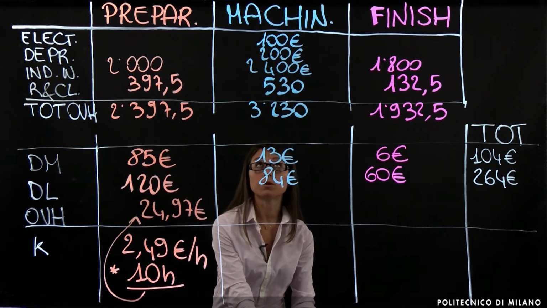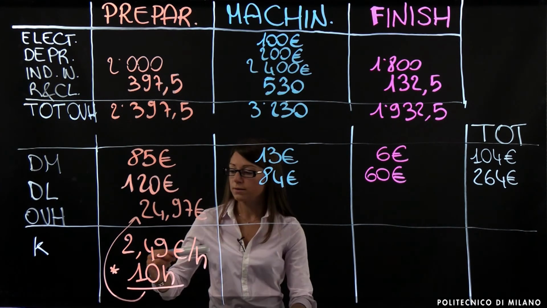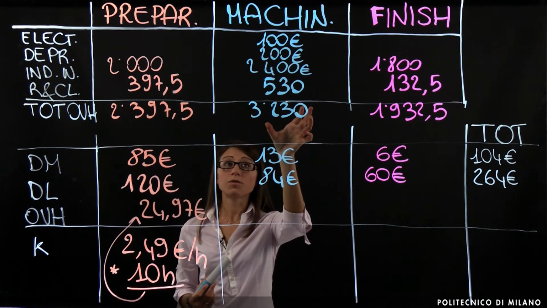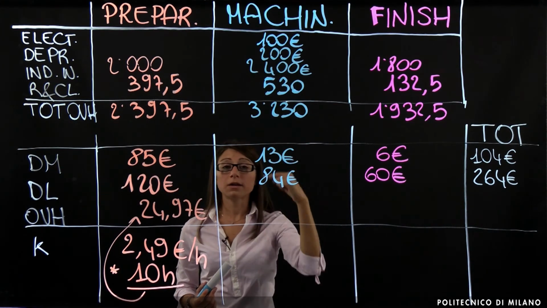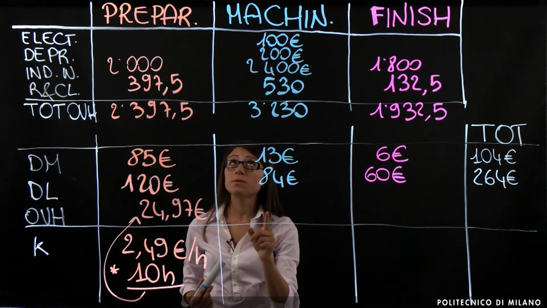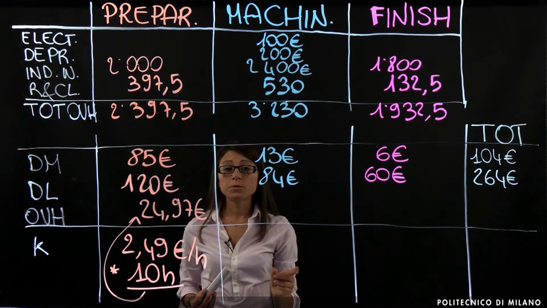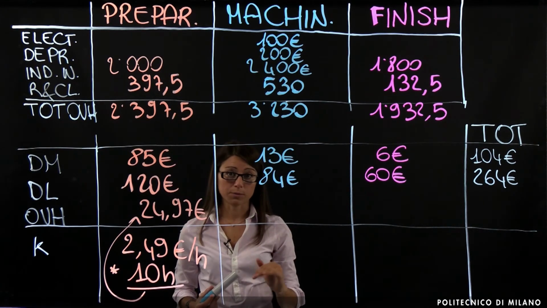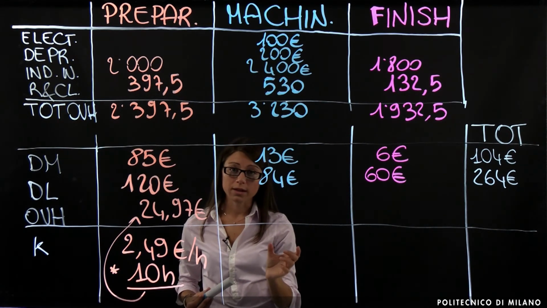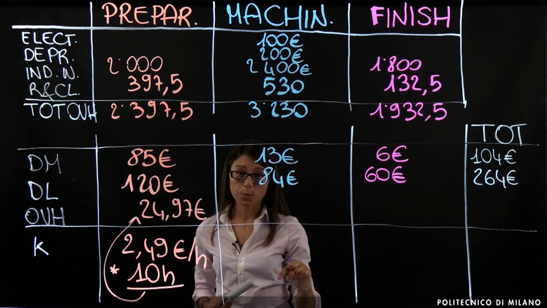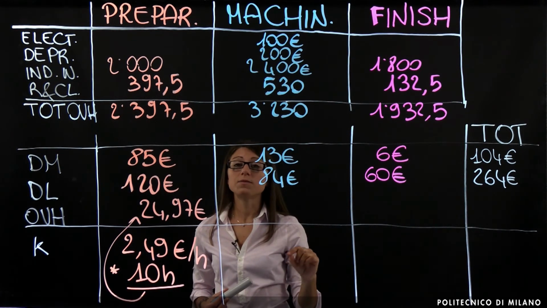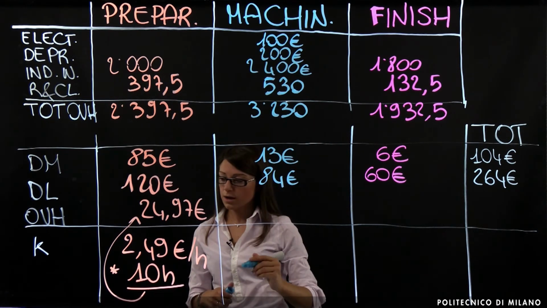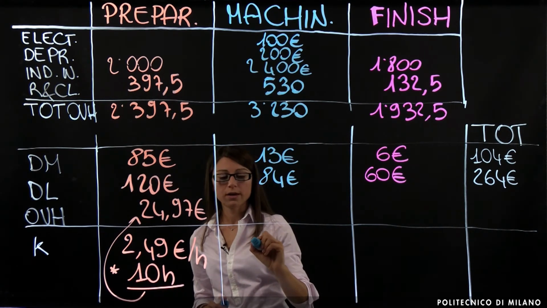So we can do this for the machining department. Now we need again to calculate K. In this case, again, we need to divide the total overhead, so this value, by the allocation basis. But the allocation basis for the machining department is represented by the number of machine hours. It is written again in the final table of the text. What's the total number of machine hours within the machining department? This value is 1000 hours. So if we divide this value by 1000 hours, we can identify the value of K of